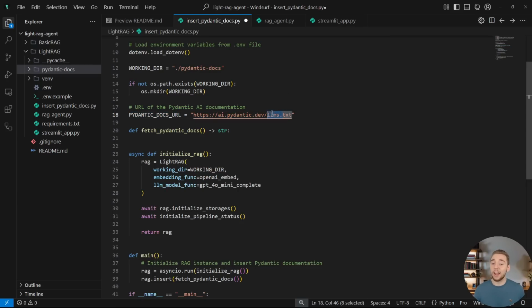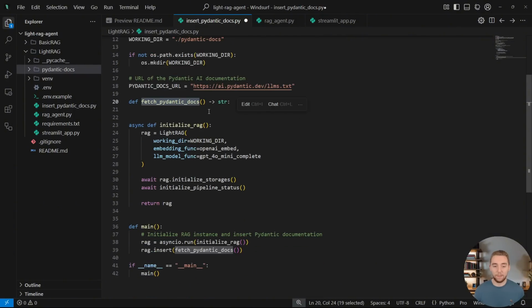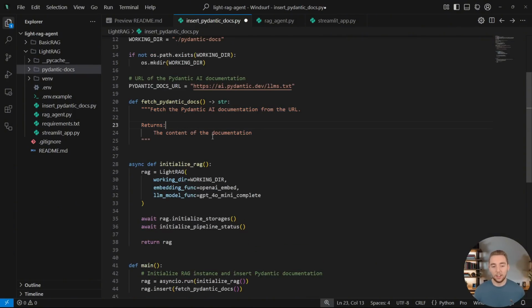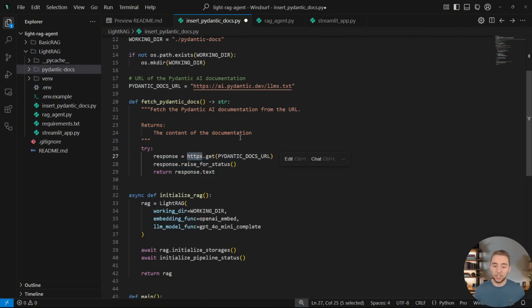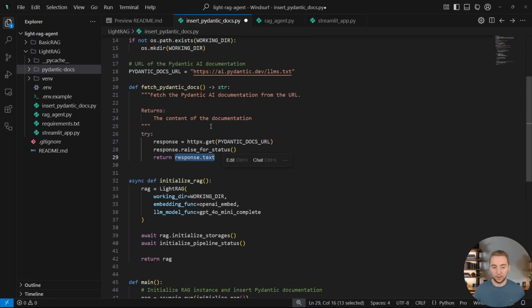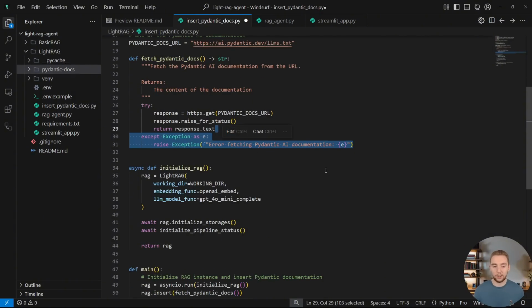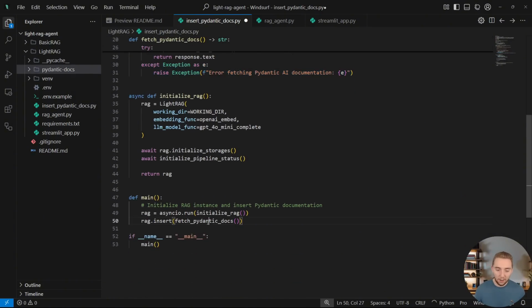And that's the beauty of having the LLMs.txt: this entire script only has to pull from one URL to get all of the documentation for RAG. It's very, very neat. And so within my function to fetch the Pydantic AI docs, all I need to do is use the HTTP client to fetch this single URL and then return the text for it, and then also just handle any other errors as well. And that's it. So now this call gives me all of the Pydantic AI documentation as a single string